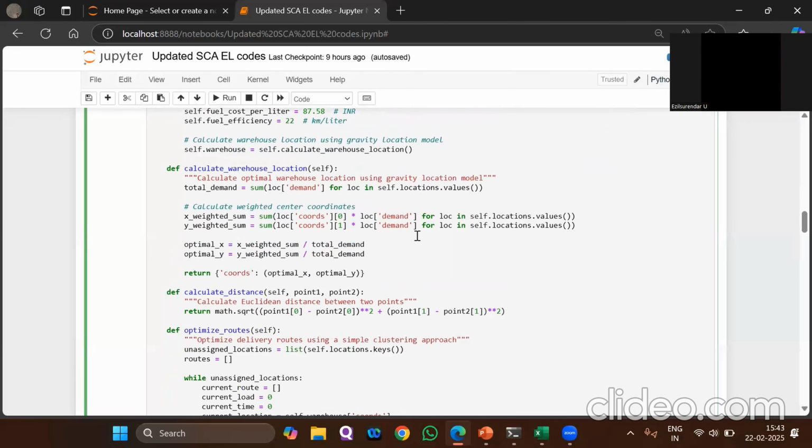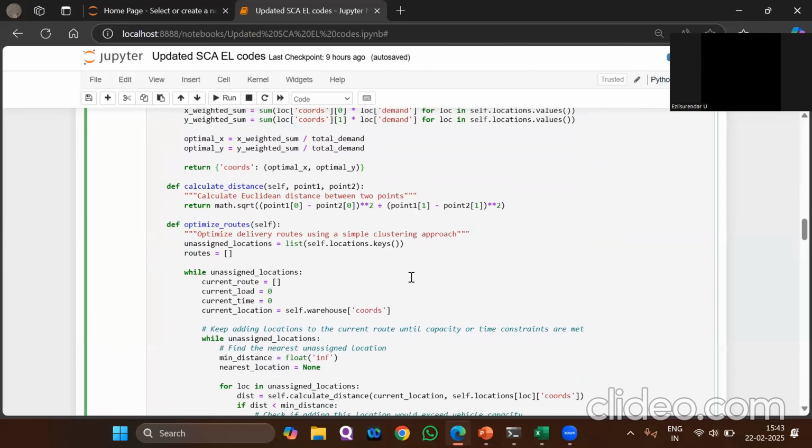Coming to the algorithms which are used, we have used a gravity location model. You can see these are the two formulas which are used for the weighted gravity location model, which minimizes the overall transportation cost by locating a central warehouse based on demand. Coming to the route optimization,